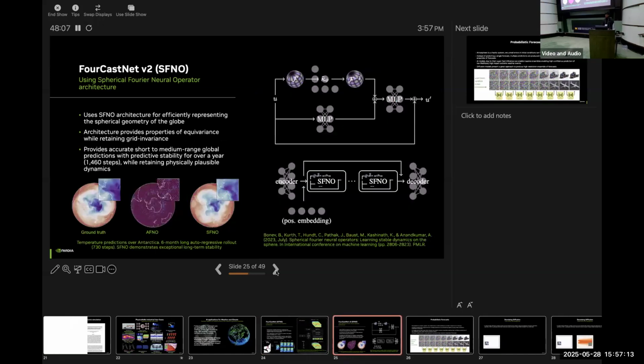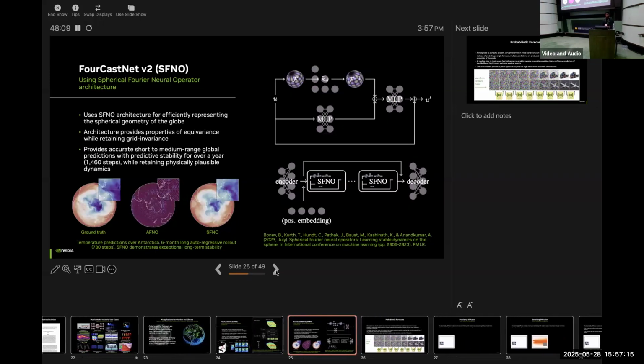An extension of this was released about a year ago, which we call spherical neural operators. Here, we are taking the AFNO further by adding the spherical Fourier neural operator. This is again the implicit bias that I was mentioning about the problem, right?